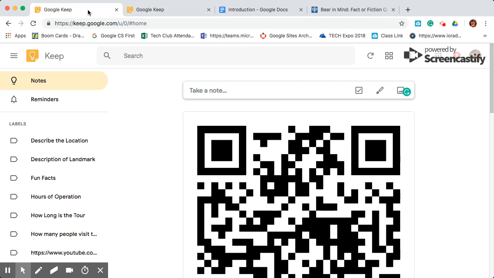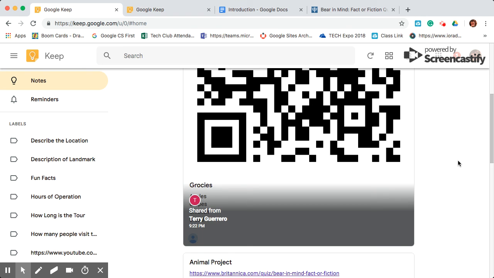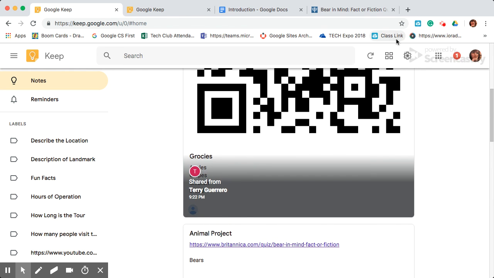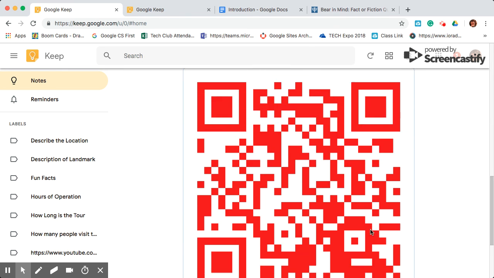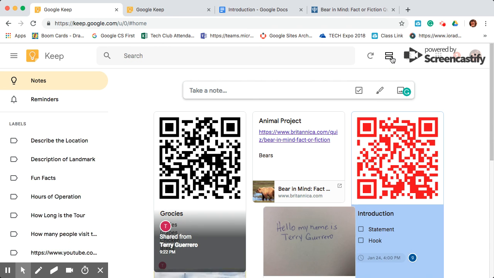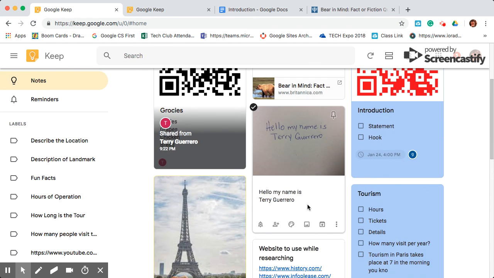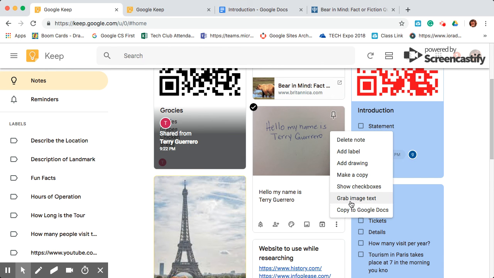I'm going to show you another one that I had. This is another Google Keep that I had, and I can have them either listed this way in a long view, or I can have them in grid form. I did want to show you that this one right here was from a grab image to text. This can only be done with the iPad. Just a quick fun feature that it has is that it allows you to take a picture of handwriting